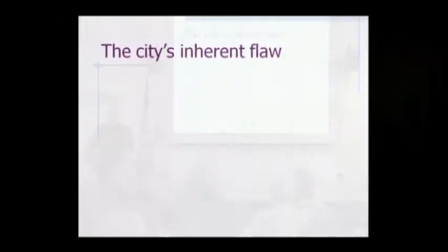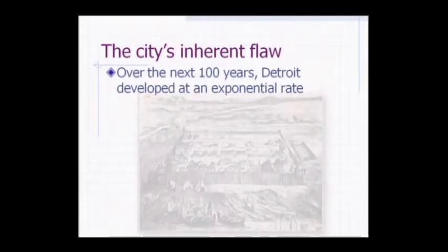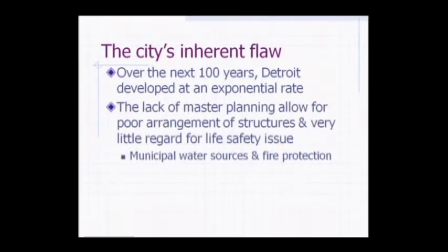So this brings us to the city's inherent flaw. Over the next 100 years, Detroit developed at an exponential rate that many other cities in this particular region did not experience. This particular layout, as you can see here in this wood carving image, shows that the fort was logical, but everything that began building up in the plains outside of the fort just went up wherever people wanted to put things. The lack of master planning allowed for poor arrangement of structures and very, very little regard for life safety issues, as we'd call it